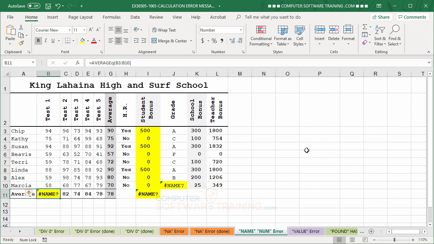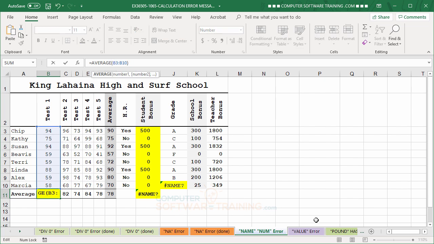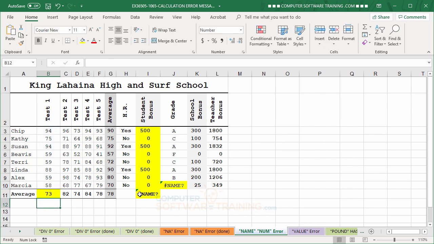Now this next one over here is giving us the name error. This usually happens when you're putting a function formula in and you misspell it, let's say. So if you look at the first one here, we have the word average with a Q at the end. So all we really have to do is go in there, delete out the Q, the rest of it's okay, hit the enter key, and that one is done. We go over this one here,